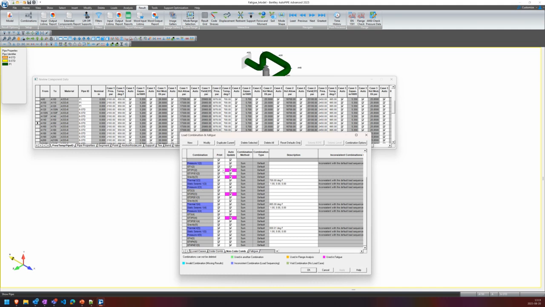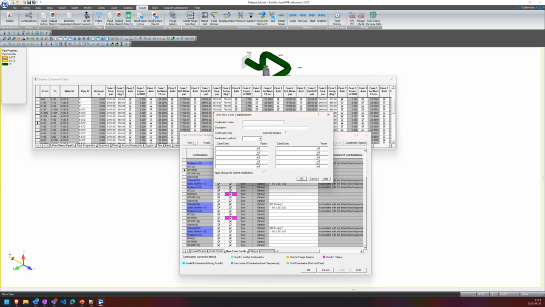you can see that there's some information here about all the different combinations that were created as a result of the analysis. These ones that are highlighted in magenta are already being used in our fatigue. But if I want to create a harmonic case that is at, say, our T1 that is using our first temperature case, I can create a new combination and use that in our fatigue as well. So that's part of the customizable part of the fatigue feature. So we can name this whatever we want. Let's say I name it H1 at T1,